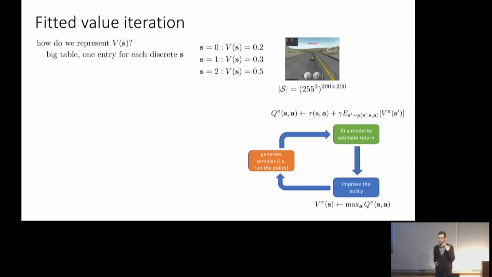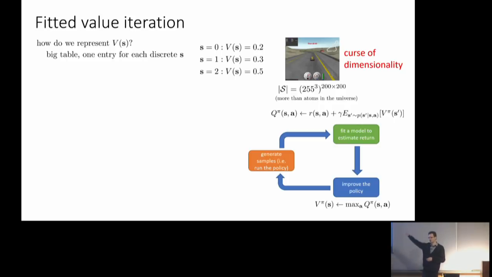And it's a 200 by 200 image. So the total number of possible images I might see is 255 to the 3rd power to the 200 times 200 power. You can plug this into a calculator. It's a very big number. It's more than the number of atoms in the universe, and you will never be able to represent this in a computer. This is referred to as the curse of dimensionality, which says that if you want to use tabular representations, then the number of entries you need in your table is going to go up exponentially with the number of dimensions in your problem. Here dimensions are each pixel and each pixel's color channel.